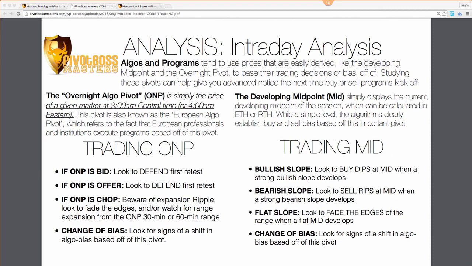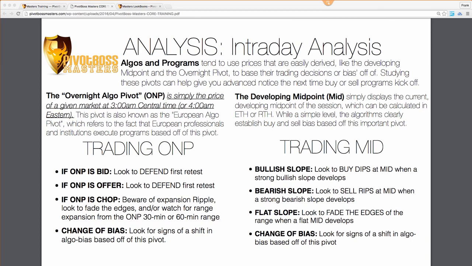When buyers and sellers are defending some sort of pivot, and a stop run occurs against those positions, that's when the market is watching those levels. And so, the overnight pivot has a whole lot of backing with regards to being something that I really believe in. In terms of trading the overnight pivot, there are certain things you want to look for.